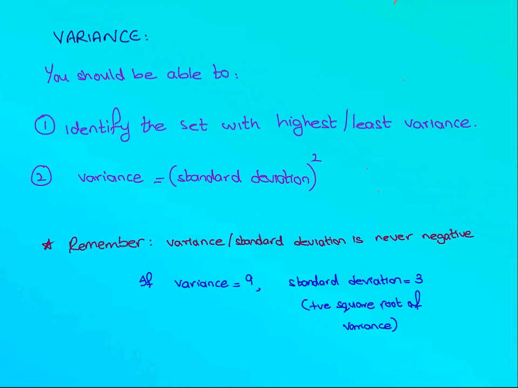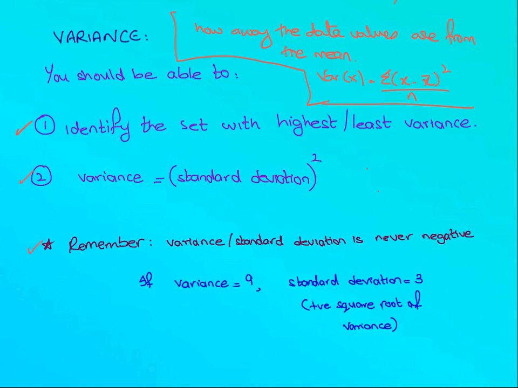Now the first measure of dispersion is variance. Variance is basically how far away the data values are from the mean. There is a formula for variance which is summation x minus x bar whole square upon n. Now this is something you don't really need to remember, because this calculation will require a calculator which you cannot use, so you will not be asked to compute the variance, but you can be expected to know these.